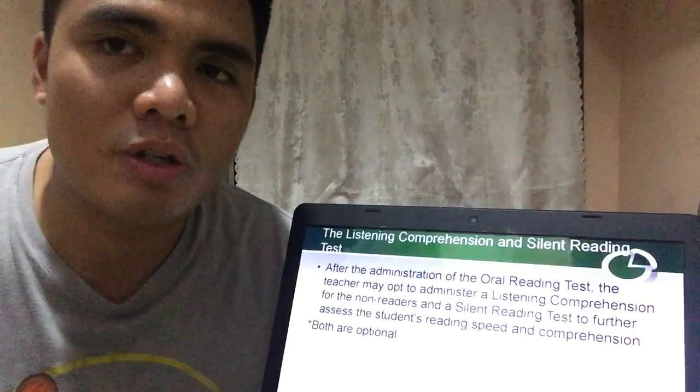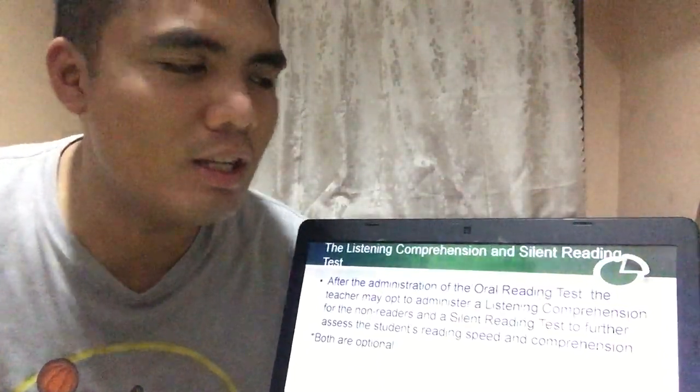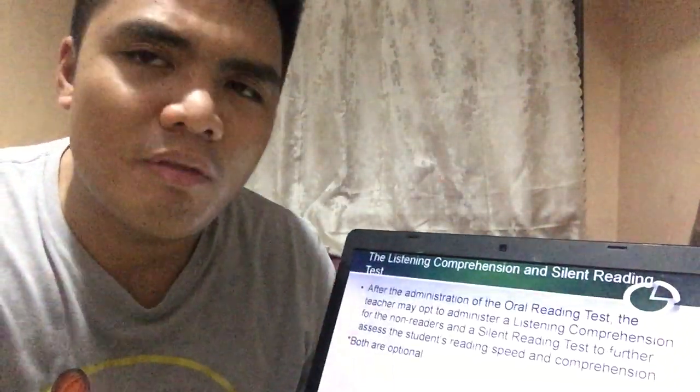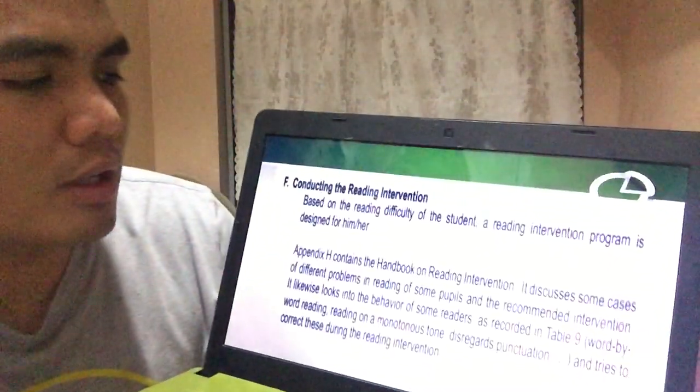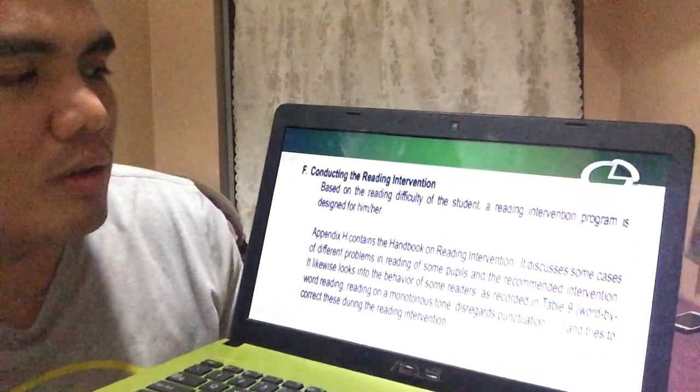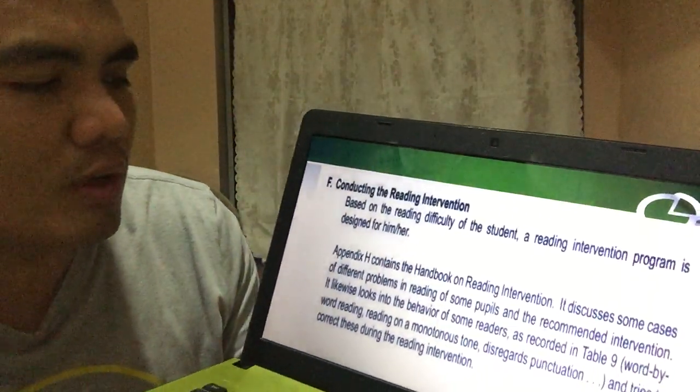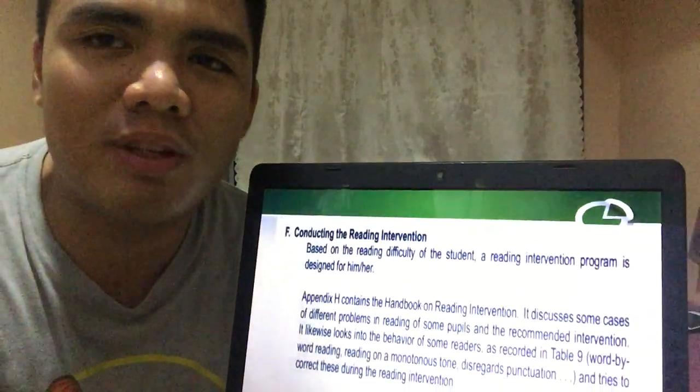Both are considered optional. Halimbawa kung magaling na yung bata sa oral reading, no need na. They don't need it anymore. So yeah, here, conducting the reading intervention. Based on the reading difficulty of the student, a reading intervention program is designed for him or her. This is individualized. Remember